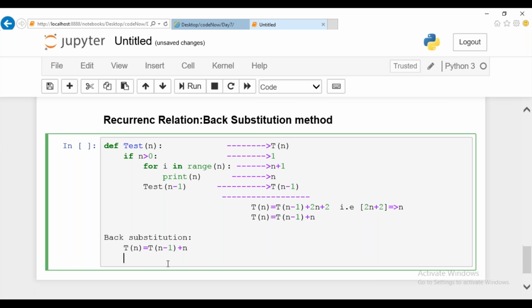Now we'll go ahead with the evolution part as we did previously. If your T of N is this value, then we are supposed to find T of N minus 1. What we said is, wherever we have N, in place of N we are supposed to replace it with N minus 1. So just try to replace it and find the expression. In place of N, replacing N minus 1, I'll get N minus 2 as my answer. Let me put this bracket, guys, for the evolution. You have to know where the expression is implemented. And here your N value is substituted with N minus 1. Okay, the values are substituted.